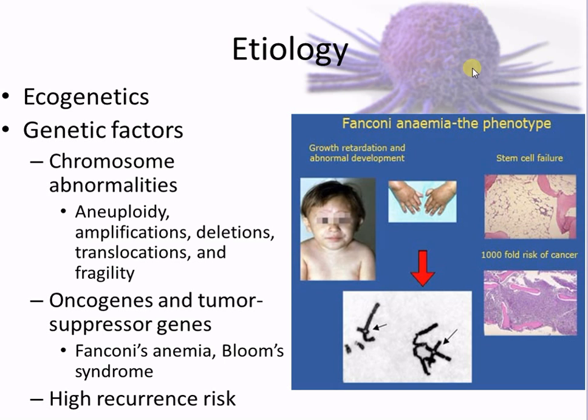Okay, and then some of the causes, chromosome abnormalities like aneuploidy, which we talked about, that would also cause Down syndrome. Amplifications and deletions, sometimes you get an accelerator gene that's stuck on. Maybe you have a loss of a break. Robertsonian translocation, so sometimes you take a piece and switch it over, which also causes the Down syndrome. And sometimes it's just a fragile area. So there are a lot of chromosome abnormalities, and this is basically going back to the end of last week's lecture.